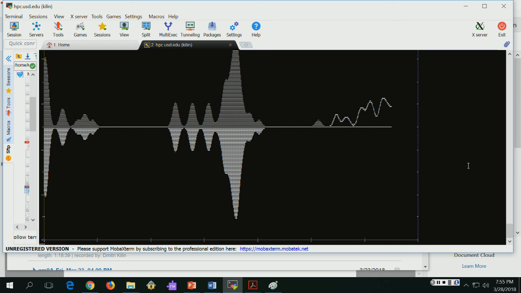Where do you want to put it? Desktop. Okay. After it is downloaded, I am going to VMD, which is installed here. Let me know if you need help installing VMD on your laptops.